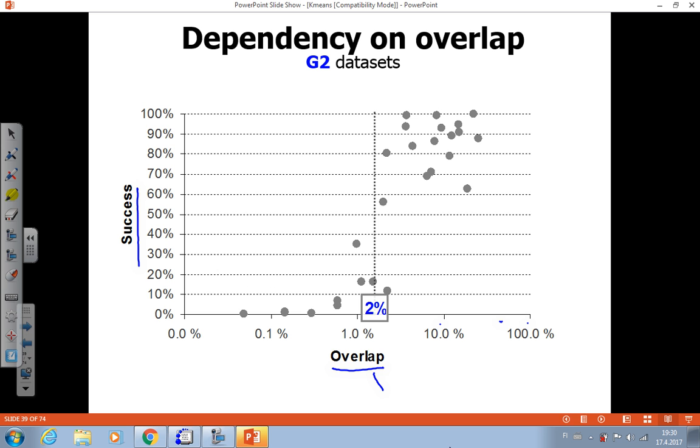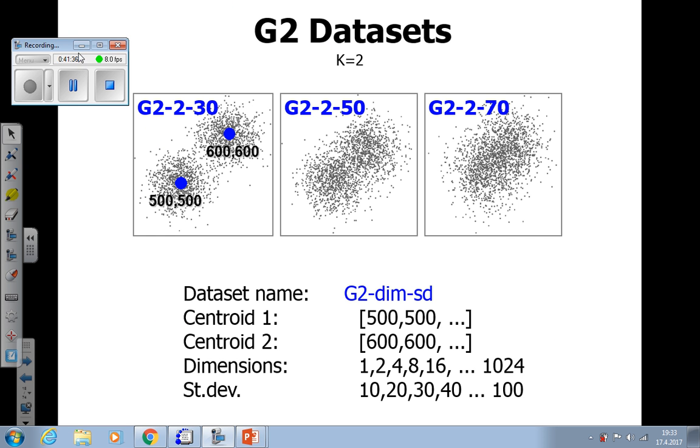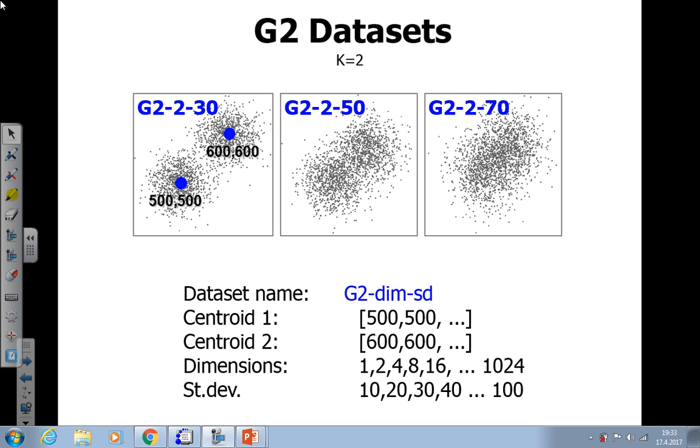Now I have to clarify a little bit how we did the test, because it was not exactly like that. So let me have a little pause here. How we do it with the G2 sets, because there are only two clusters, is that this would be too trivial for k-means or any algorithm to solve. So instead of two clusters for this test, we actually use 4 clusters. And the hypothesis is that if we optimally allocate 4 centroids here, then the real clusters are divided like that.